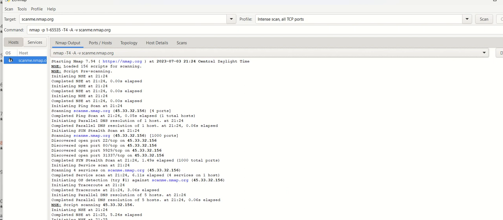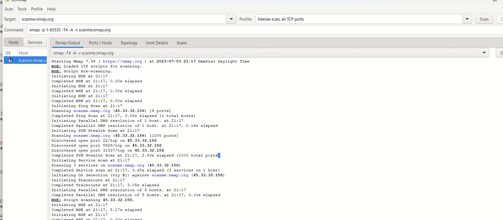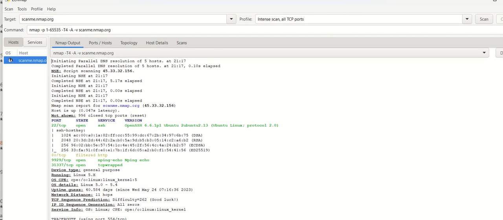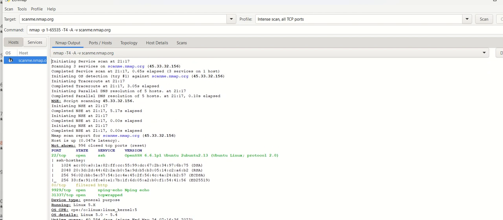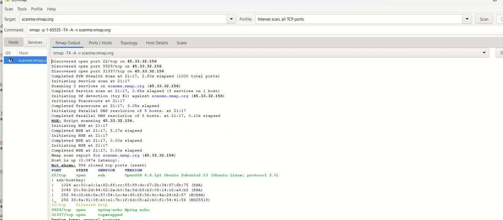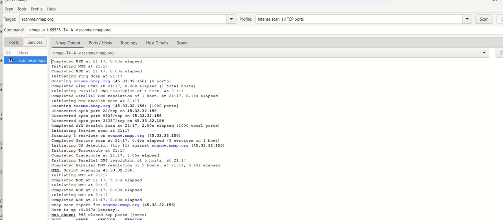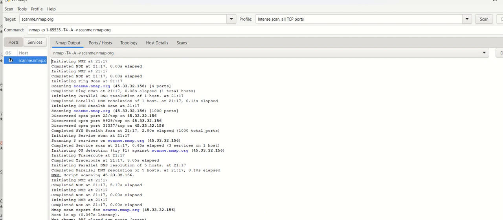As you can see from the first scan, 1,000 total ports. This is still the same scan, but it's within the scan. And at the end, I believe, where did I see it? There was somewhere that it says 65,325 ports, but I guess I lost it. So going back,